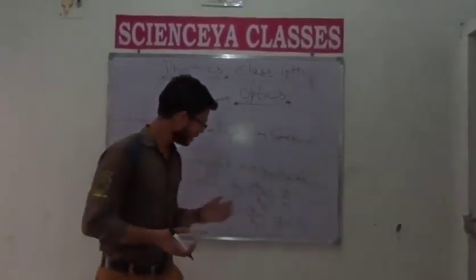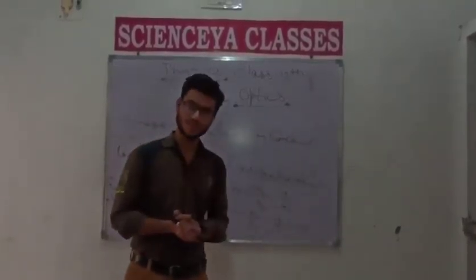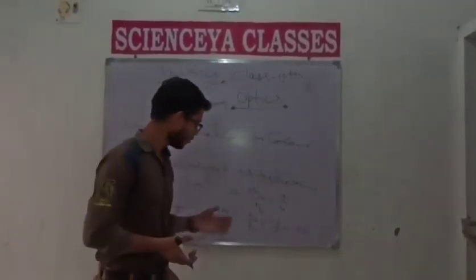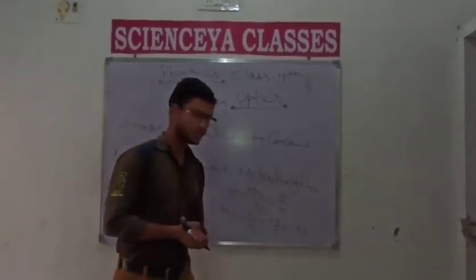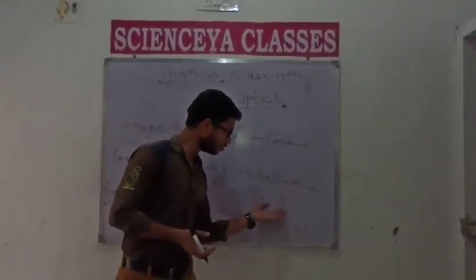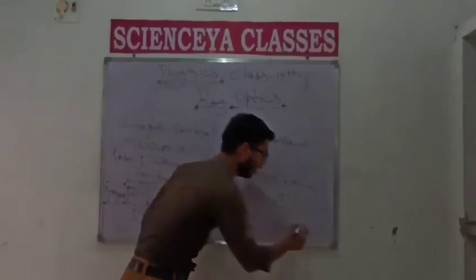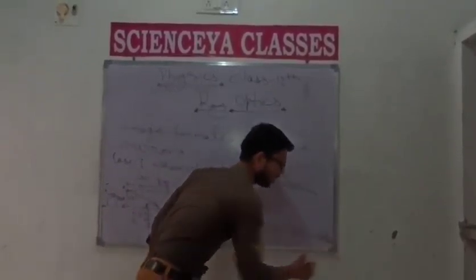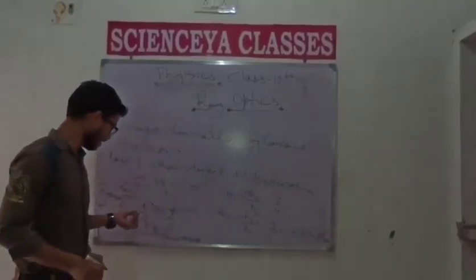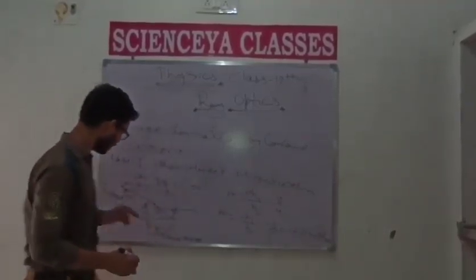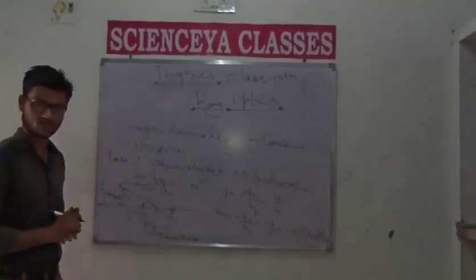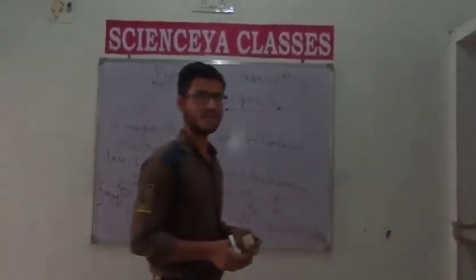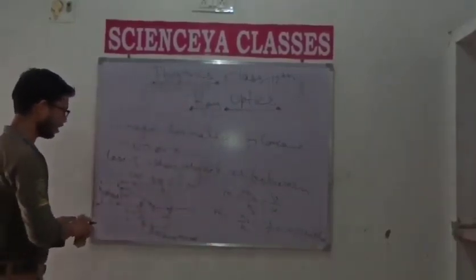Okay, student? And you all know that linear magnification doesn't have any unit, because this is just a ratio of two heights. Suppose HI and HO are both measured in a unit of distance, centimeter, meter, foot. So these both cancel out to each other, and also the distances V and U cancel out to each other. So it is unitless. Okay, student? This second case is formed when the object is beyond C and infinity. Okay, student? And let me discuss the third case and most important case that is generally asked in board examinations.